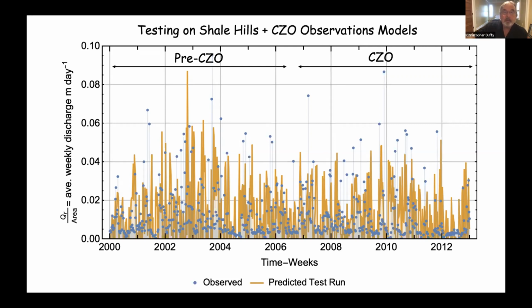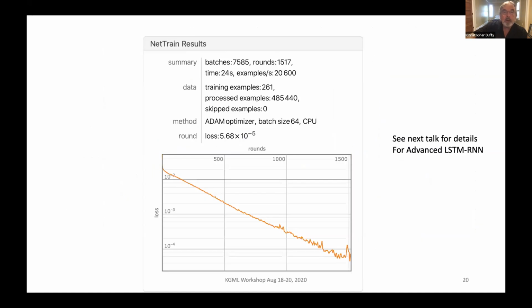And we know that this later period has better data because we've been observing it for those many years. It's not model data anymore. It's really biased towards the real data. Okay, well, this is just a net train result that shows the quality of the